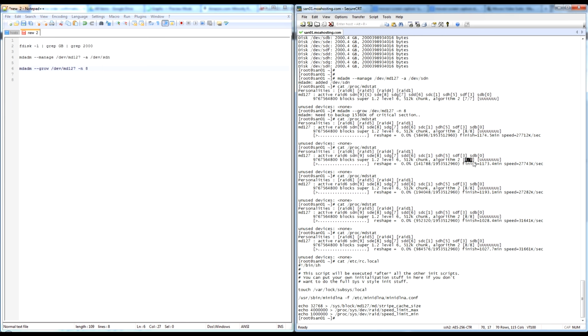So now you can see we've got 8. All the drives are up and healthy, but it's going to be mixing the data around in the parity and all that good stuff. So, anyways, alright,